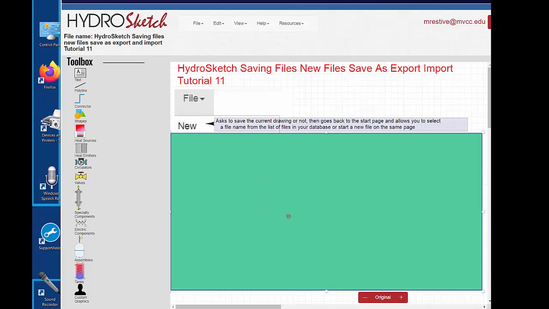The first one is the new command. The new command will ask to save the current drawing or not, then goes back to the start page and allows you to select the file name from a list of files in your database or start a new file on the same page. To demonstrate this, I'll bring in